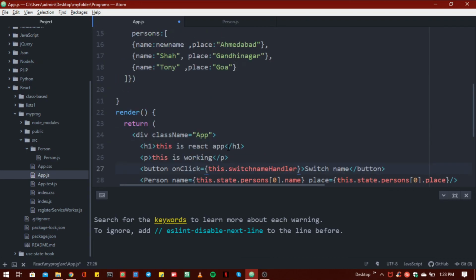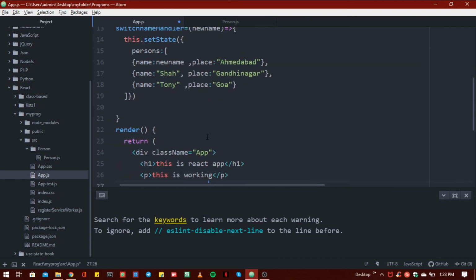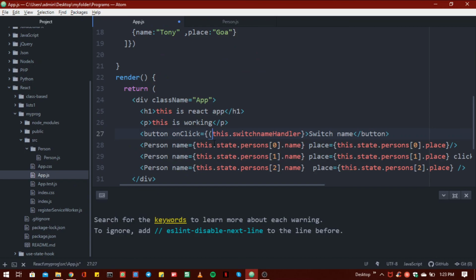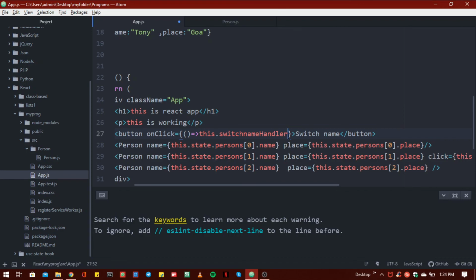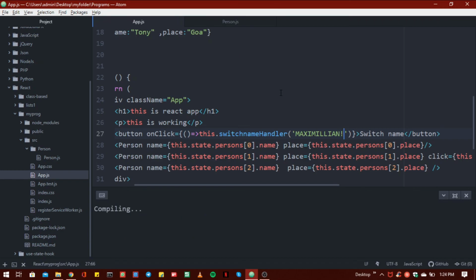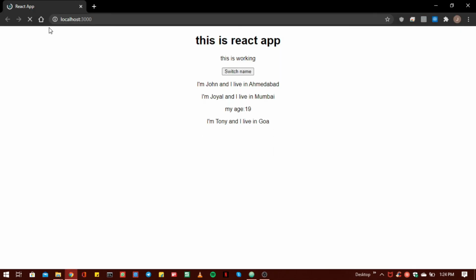And the second method to refer this new name parameter is to add a function here and add a parameter like a full name, like Maximilian. The name is up to you. So now save it and open your browser.